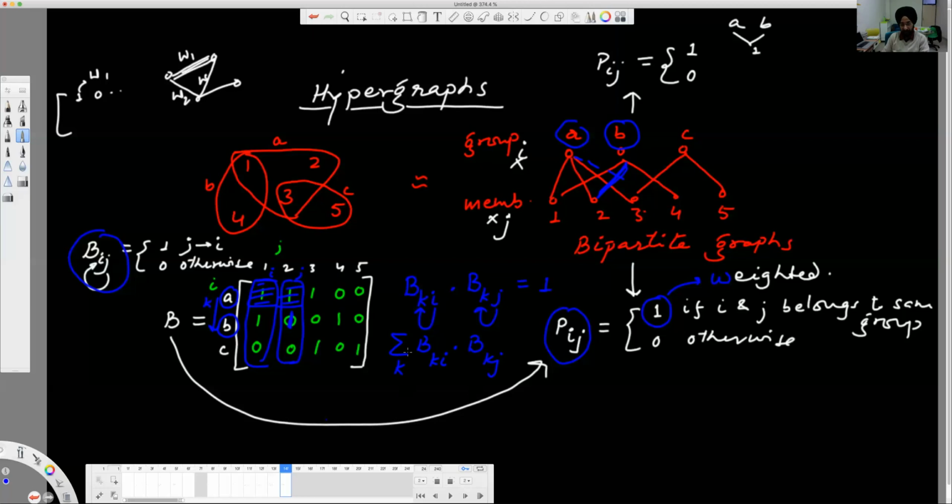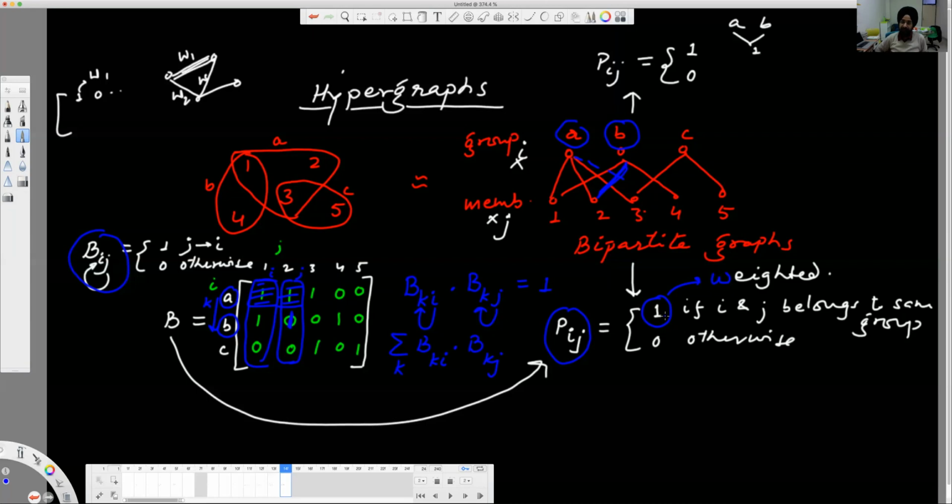Right now, if you do so, you can also keep the value 1 only. But if you put the weight, which means how many groups the two nodes are sharing, you have additional information in the network, in the matrix. And if you have this information, you can always revert back to binary notation if you want. If you don't care how many groups a node belongs to, then you can simply revert back to binary notation. So there is no downside, but there is an upside.